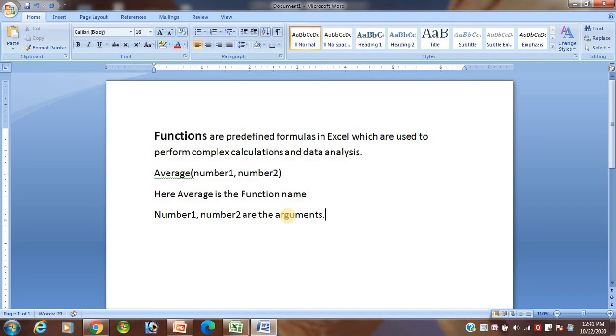In this way, what you type before the bracket is denoted as the function name, and what I want to insert inside the bracket is our arguments.